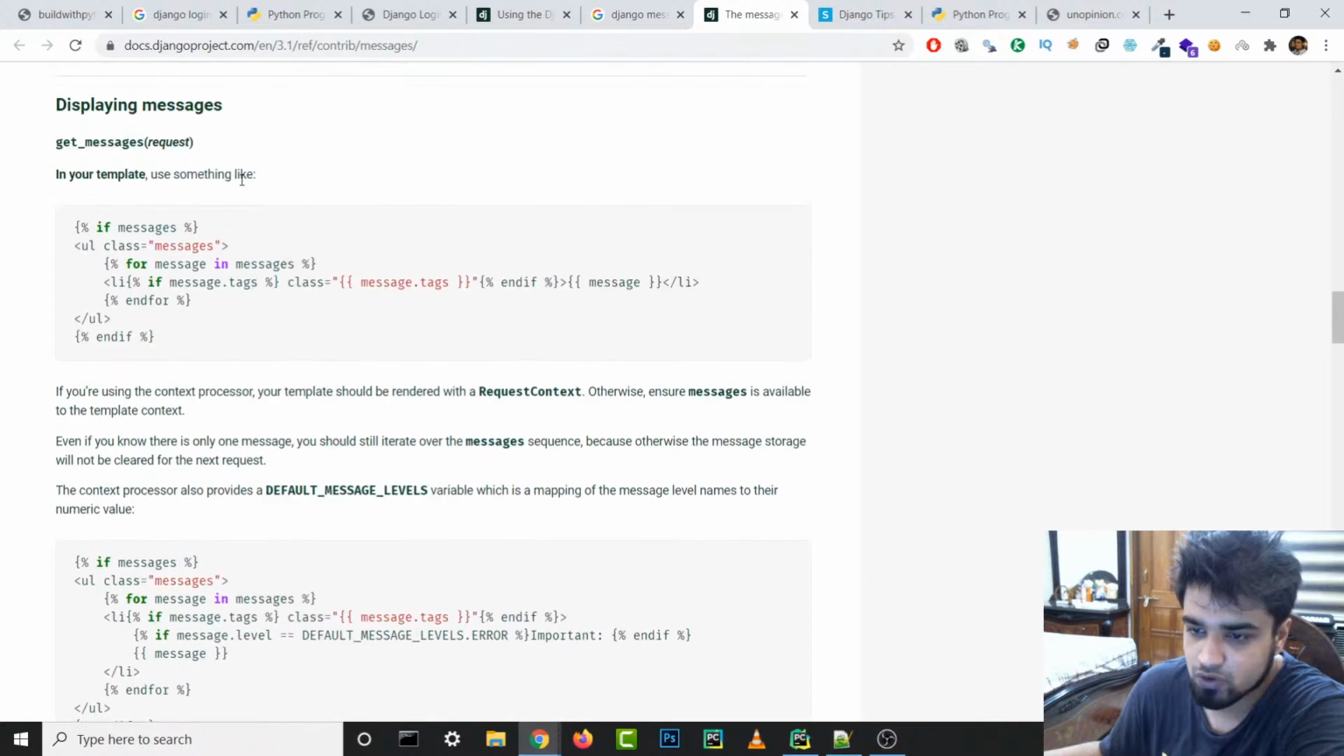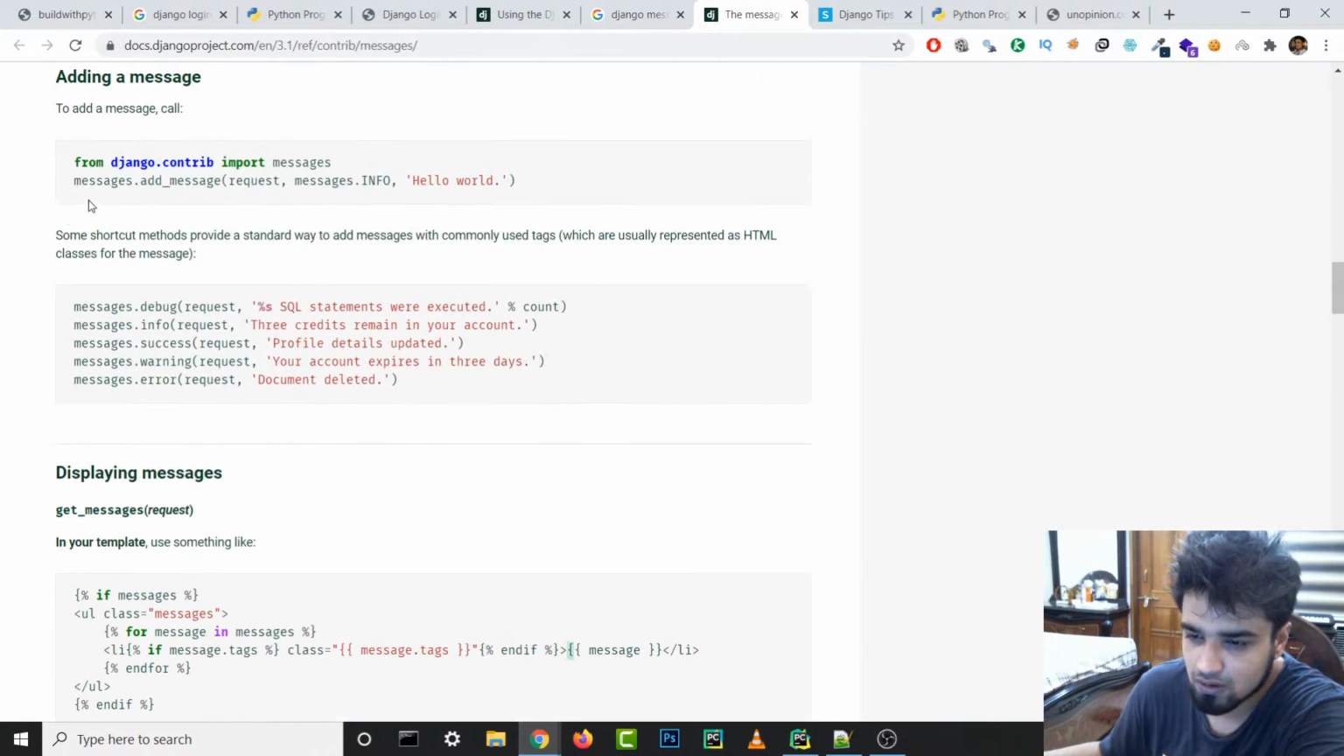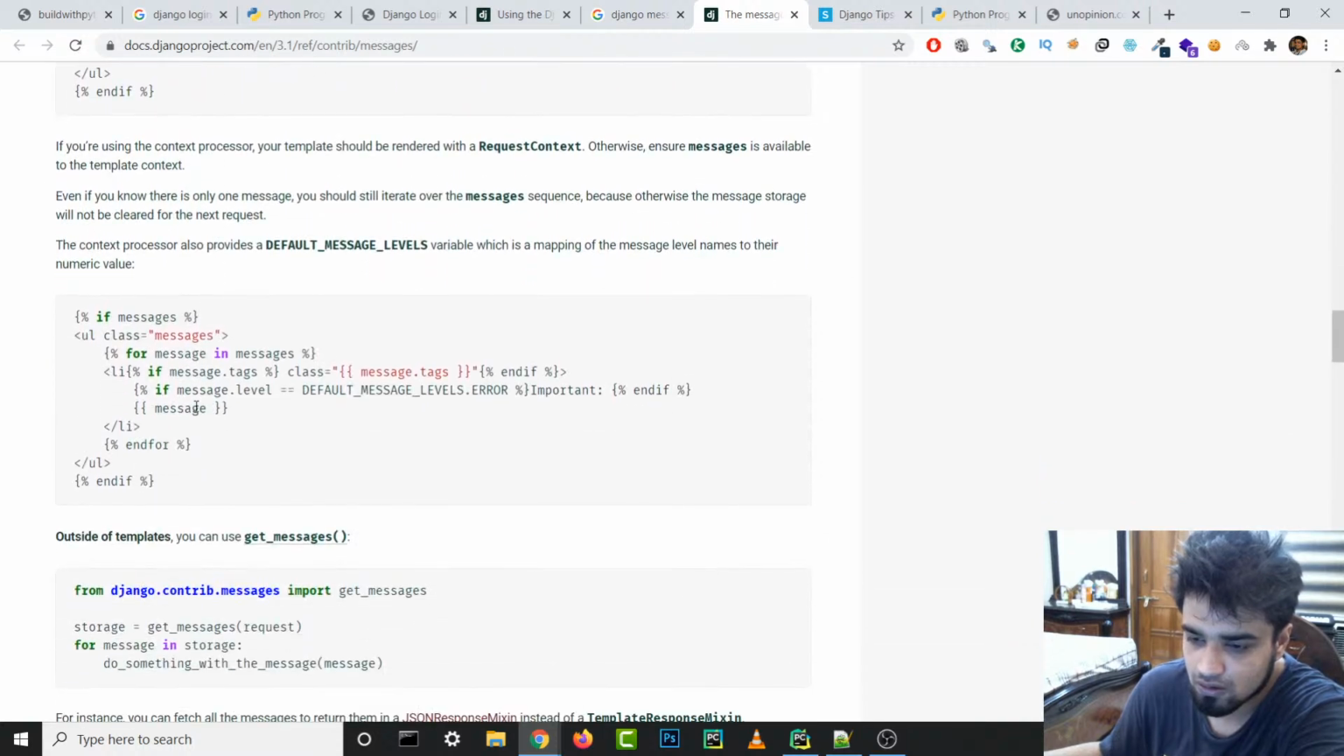Displaying messages. So to display a message, you basically loop through the messages. If message.tags, so message.tags is whatever is inside, I guess. What is message.tag? If you're using context processor, message level, if message.tags,